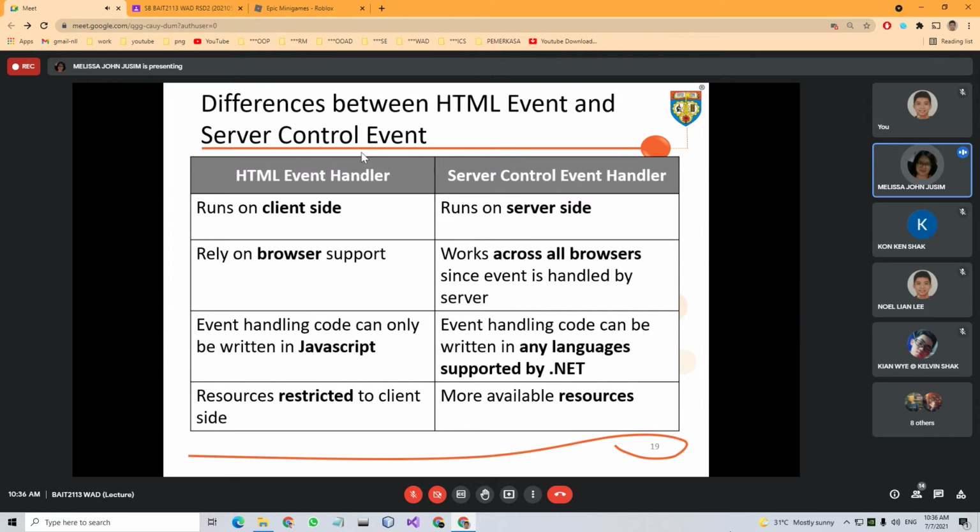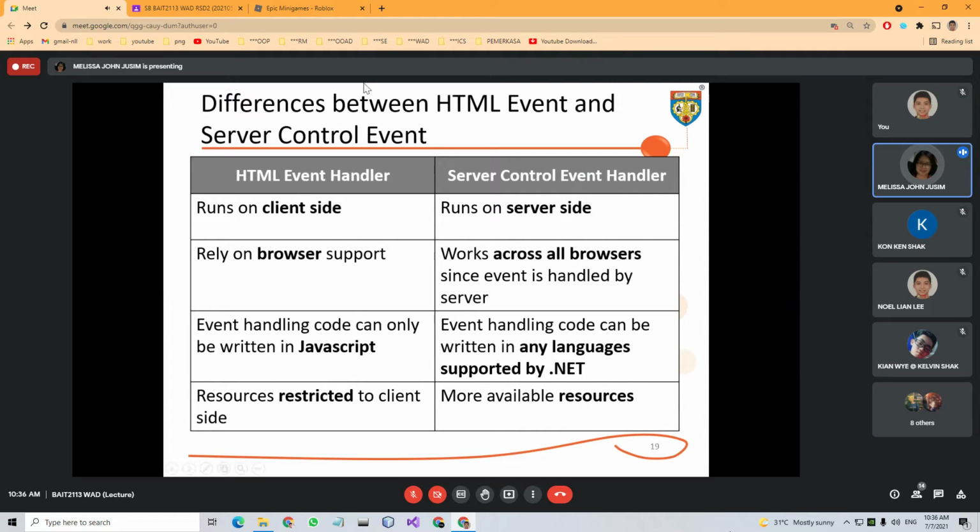But here we are trying to find the difference between the first one and the third one, the HTML event and the ASP.NET server control event. From this table, we can see it very clearly. The HTML event handler runs on the client side, so it relies on browser support, and we already saw my example that it is written in JavaScript. All the resources are restricted to the client side.